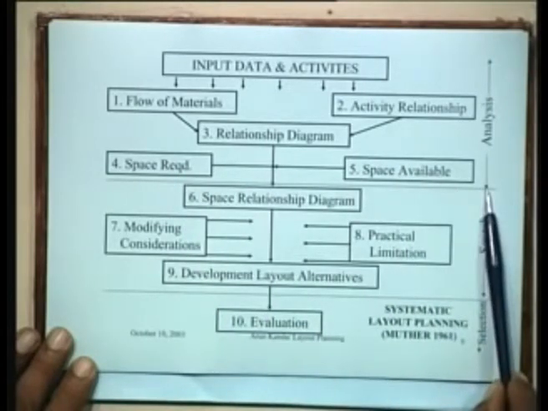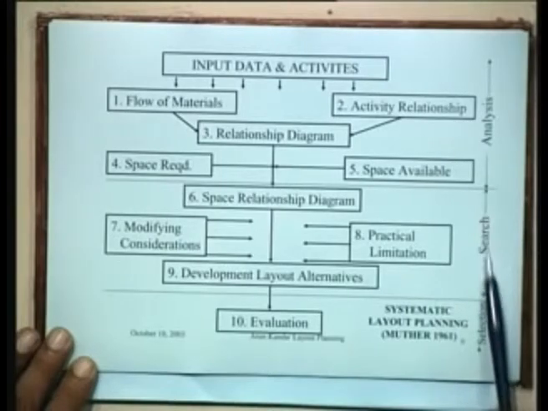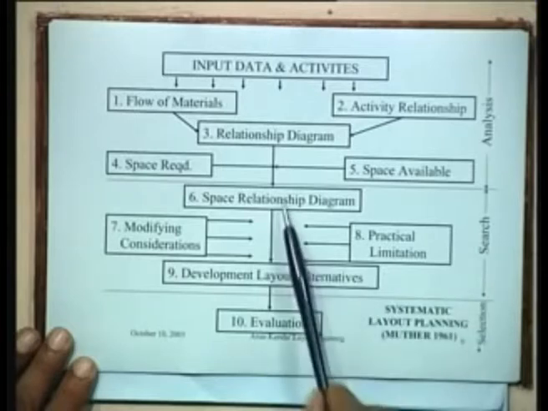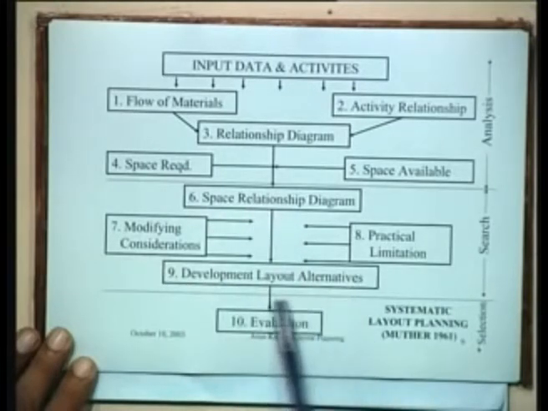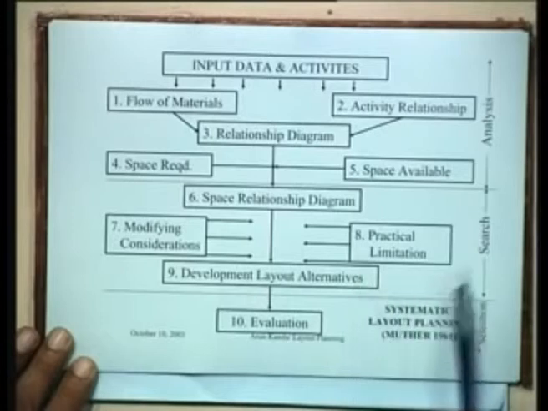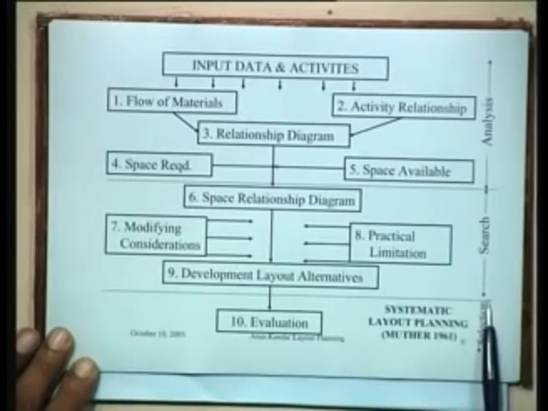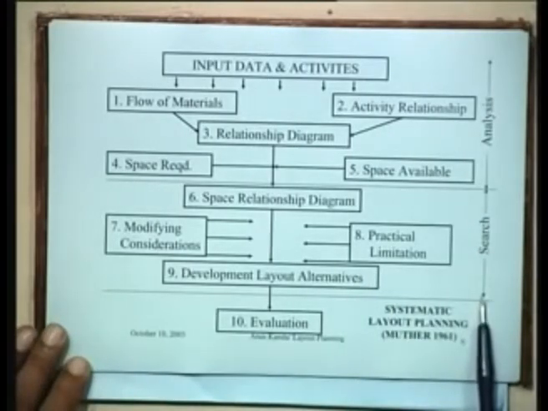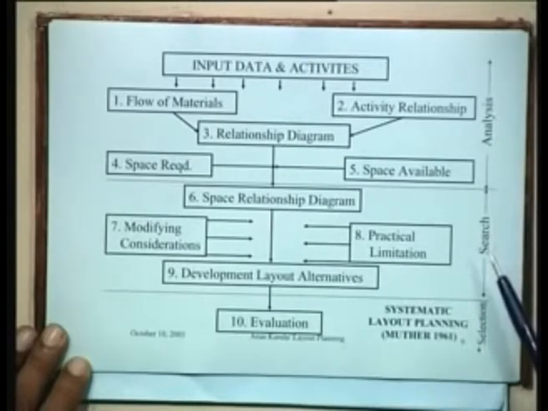And once the analysis part is over, you look for a search for the solutions. So from the space relationship diagram you are developing layout alternatives. So you are searching for alternative solutions, and then once you have developed these solutions, you have to identify which is the best. So it is the selection of these solutions. So analysis, followed by search, followed by selection, is the general order of this